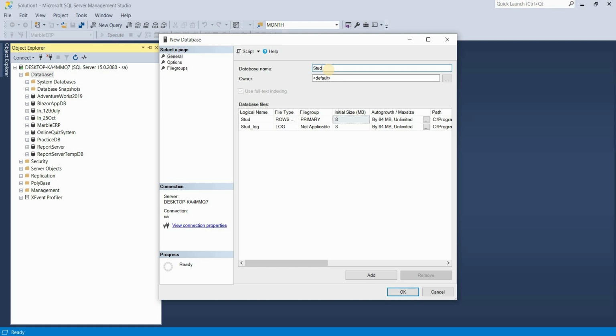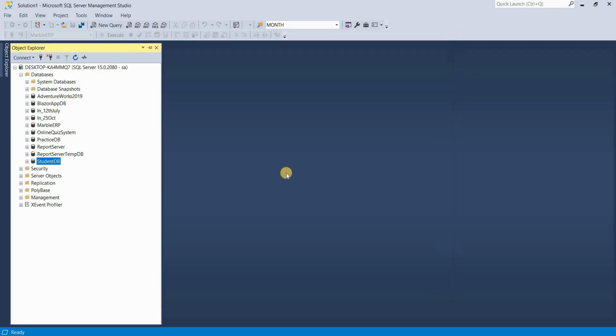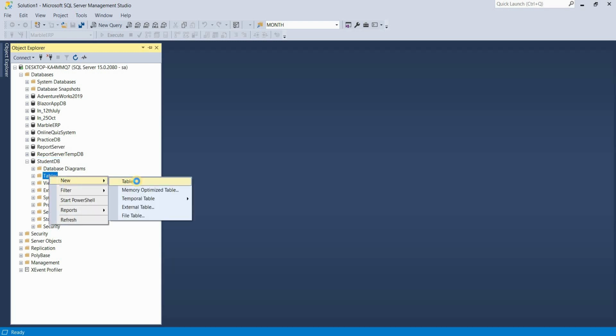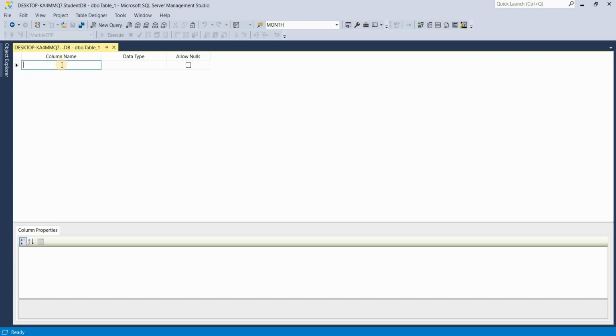I think it will be a suitable name, student db. Okay, student db. Now I will create a table inside this db. Inside this table I will keep the columns like student id, full name, email address, and city. Okay, it's enough. And I will also put created on, and created by,